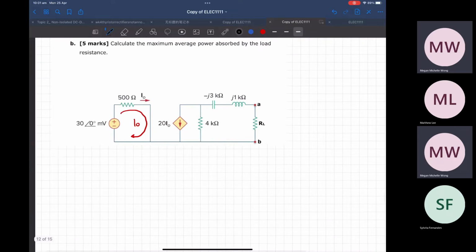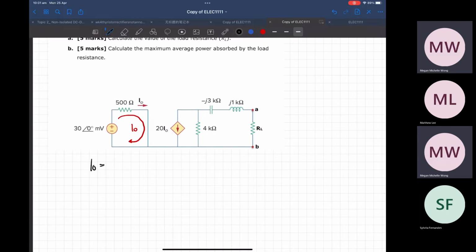So it means that your I node would always be 30 millivolts over 500 ohms, which gives you 0.06 milliamps